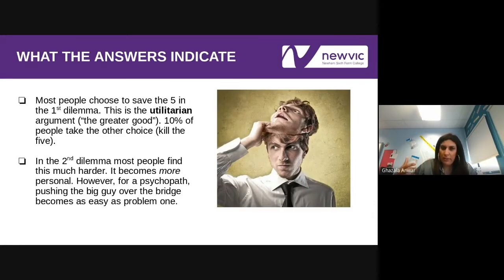Your typical serial killer, quite often, obviously they're psychopaths. They show no remorse for their actions. So a person with psychopathic tendencies wouldn't try to justify why they want to push the big guy over. There's no justification behind that. Yeah, some great ideas there. Some of you have talked about upbringing and trauma. I can see some comments about the environment as well. So when we say environment, what do we mean by that?